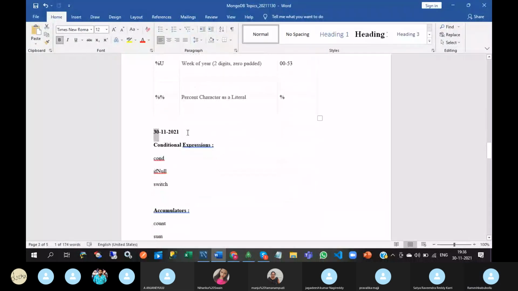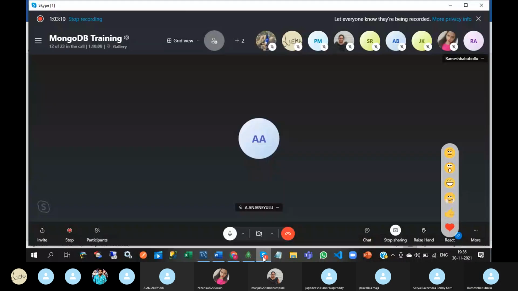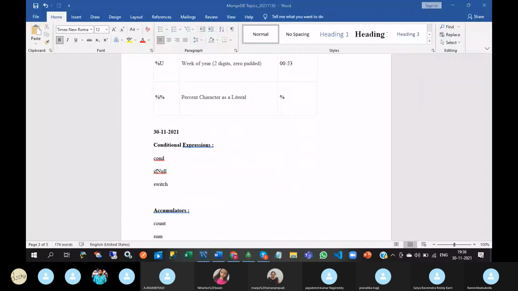Okay. Next, conditional expressions. So in this, three operations are there.